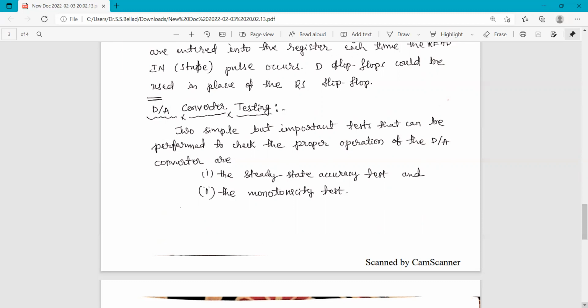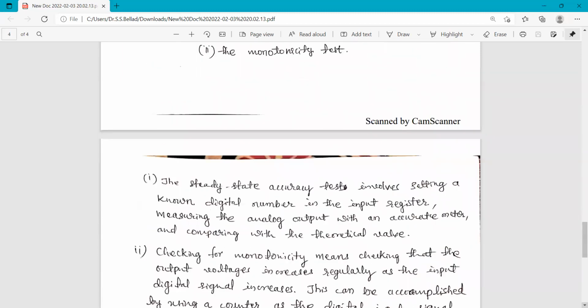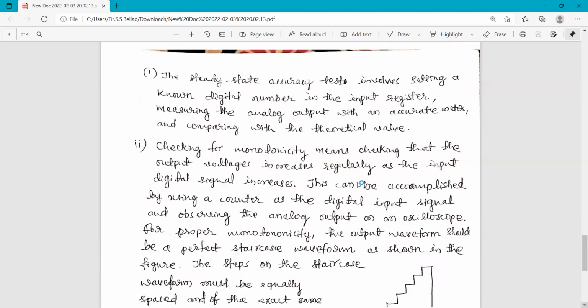These two tests can be conducted on the digital to analog converter to know its performance. The steady state accuracy test involves setting a new digital number in the input register, measuring the analog output with an accurate meter, and comparing with the theoretical value. In this way, we can check the steady state accuracy of the